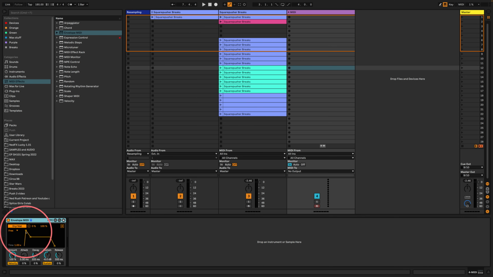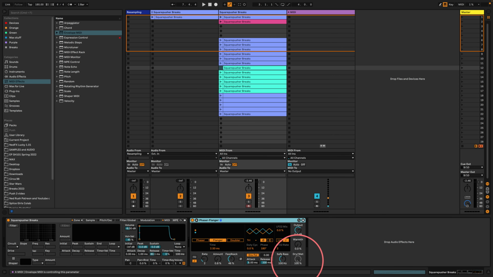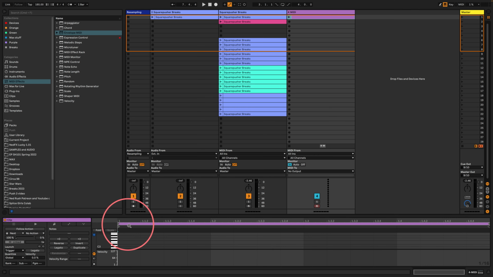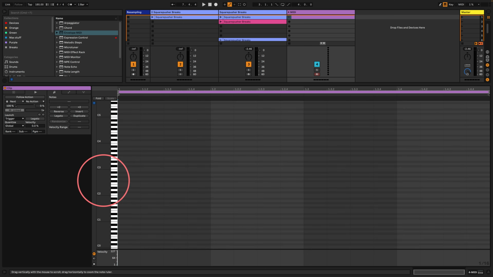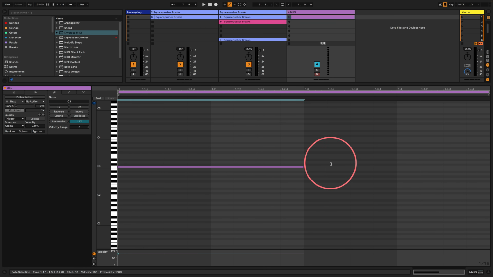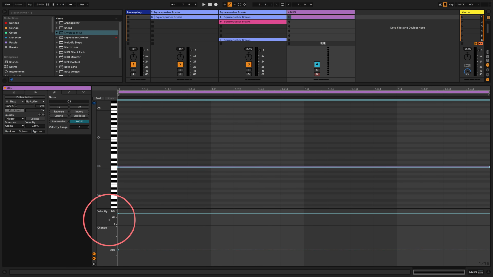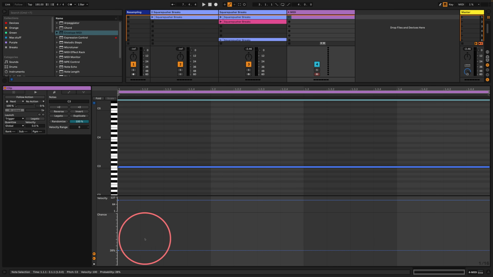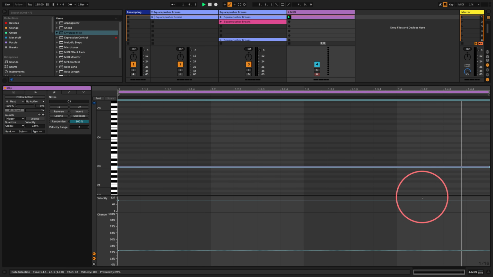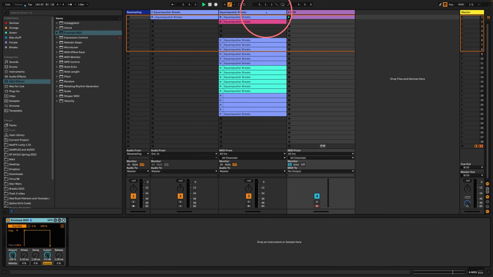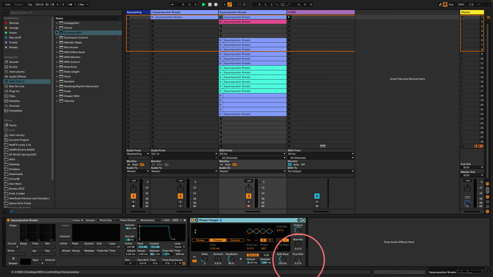If I set the attack all the way down, turn the velocity off, the decay all the way down, the sustain all the way up, and the release all the way down, then I just get an on-off like that, right? I'm pressing a MIDI note and it's turning that on and off. Very nice. And I can also give that MIDI note some probability. So I'm just going to draw in any MIDI note, doesn't matter, and set the chance to something like 25%. So when I fire that off, it's just going to randomly turn that dry wet on and off